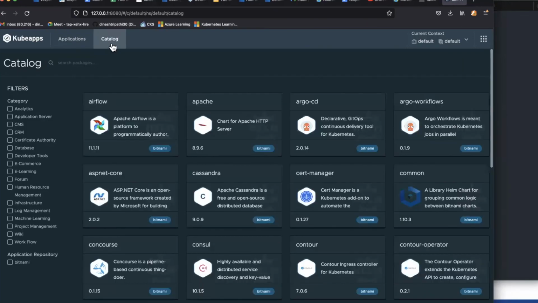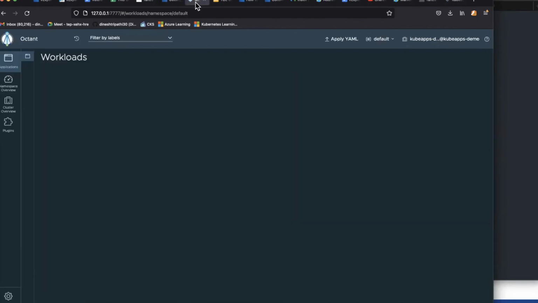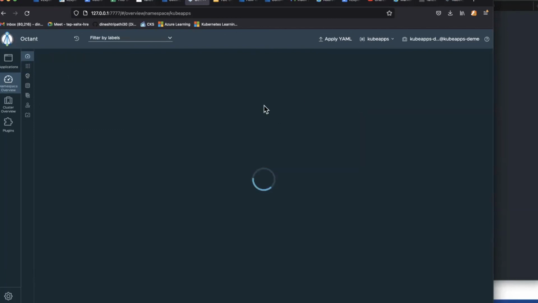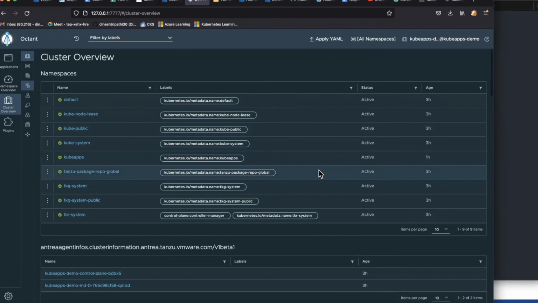So in this demo, I just tried to show you how easy it is to deploy these packages through the Kubeapps UI. You can bring your own package by developing a Helm chart and adding the Helm chart repository here. And the next point is how easy it is to go ahead, look at the Octant UI, navigate everything, understand how things are working, and where the problem is. It becomes really, really easy through the Octant UI. So we tried to cover this in this demo. That's all for this demo, and we'll see you in the next